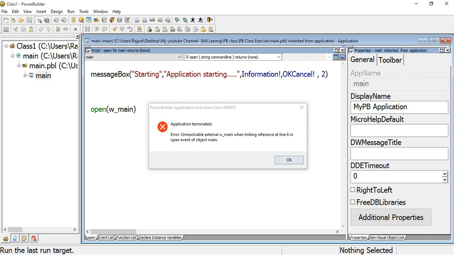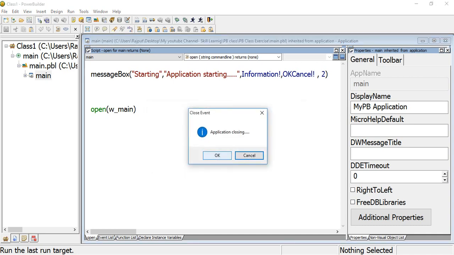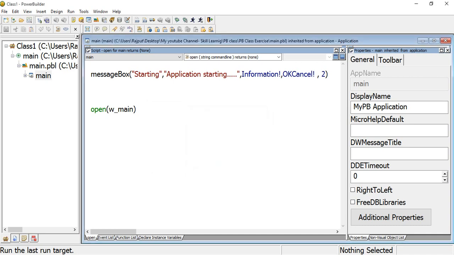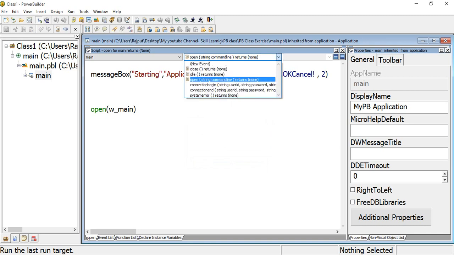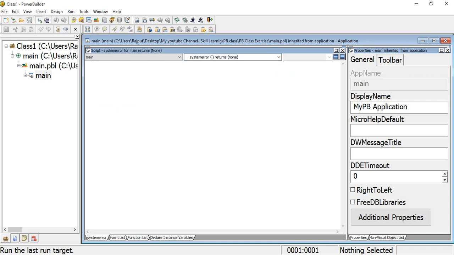So this is occurring because I have not put any script here. If I write the script, then system error means on this event we handle the error. For error handling purposes, we write the code here.